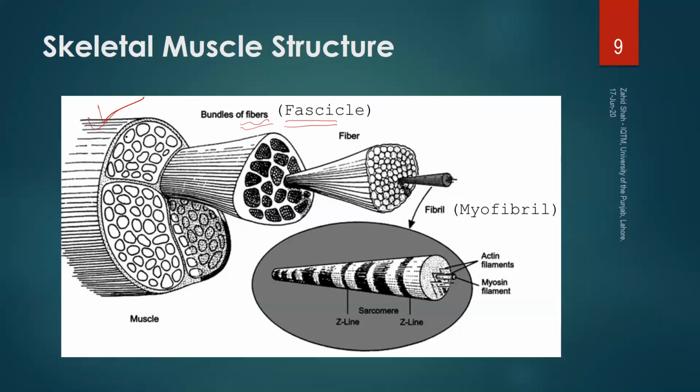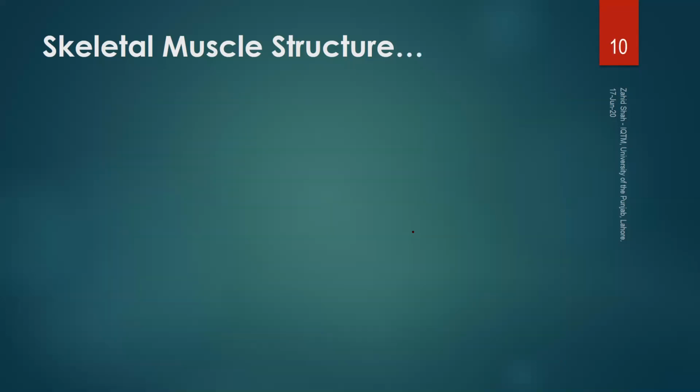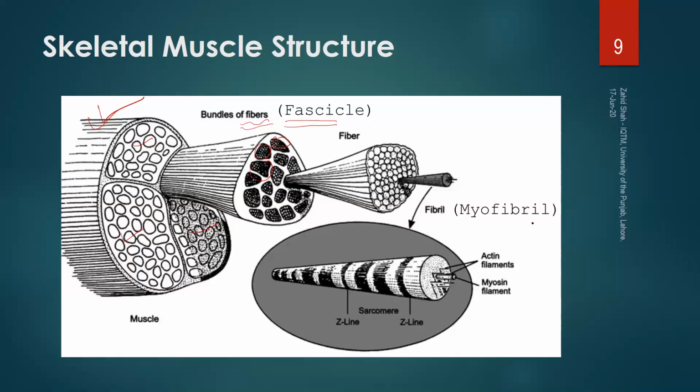Each fascicle consists of different fibers, and a fiber further consists of bundles of what we call myofibrils, or simply fibril. Now, myofibril further consists of 2 proteins,